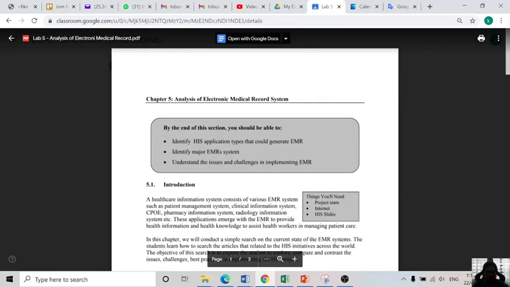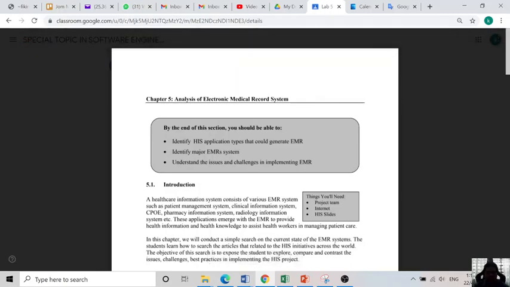Today we discuss chapter 5 regarding the analysis of electronic medical record. In this chapter, or in this lab, there are two things that you need to perform. Do it in a group and discuss the findings. Before we explain how to conduct the analysis of electronic medical record, the objective of this chapter is